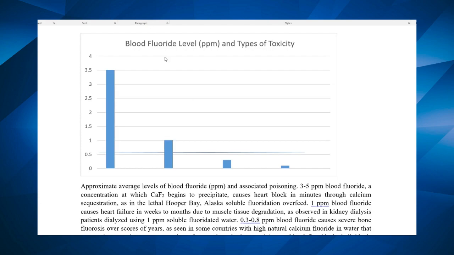Okay, well, what happens at lower levels than that? Let's go down to say 0.2, 0.1 down in this area. Well, that's what people are exposed to now in a fluoridated city when you're living continuously on fluoridated water. Now you have a different type of toxicity. We don't have to go into it, but every city that started fluoridating in the early days, when they monitored heart attack incidents, the heart attack incidents went up the year the fluoridation started in Evansville, all these cities, but people just ignore it because it leveled out again.